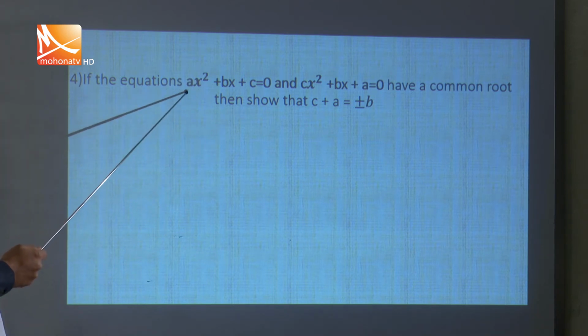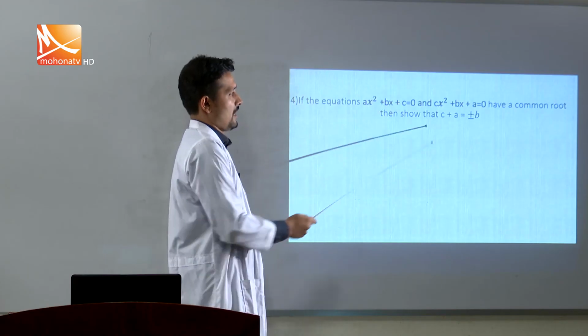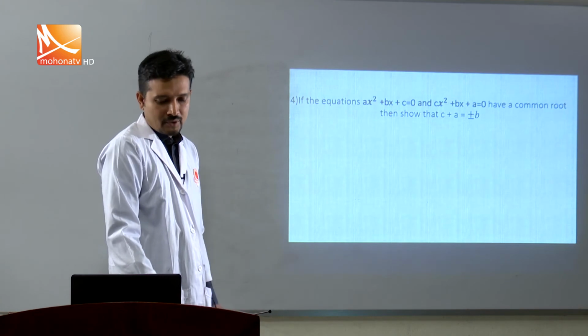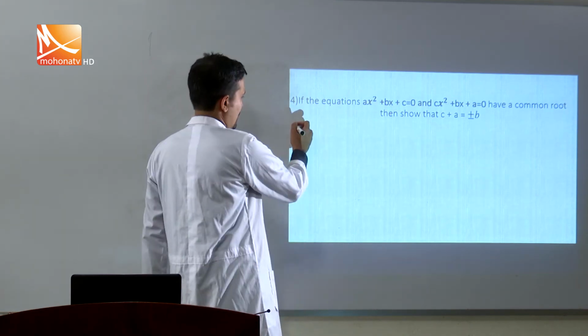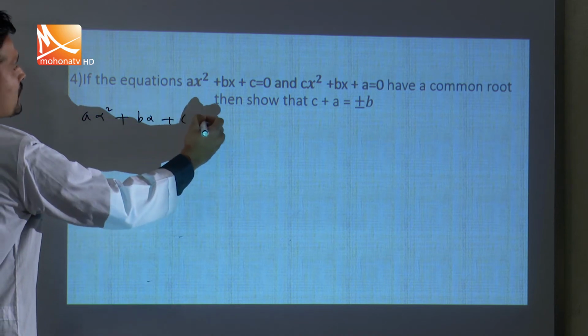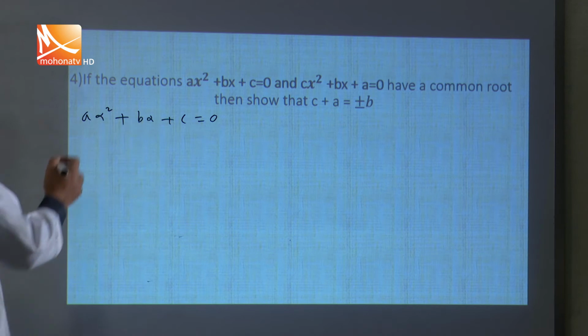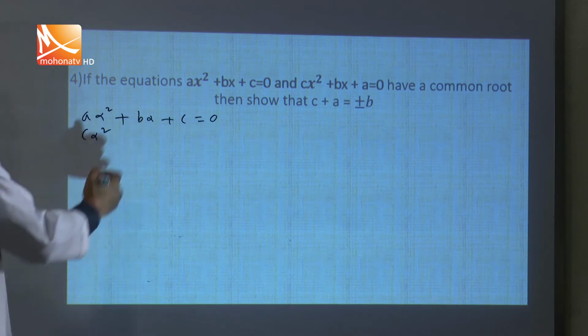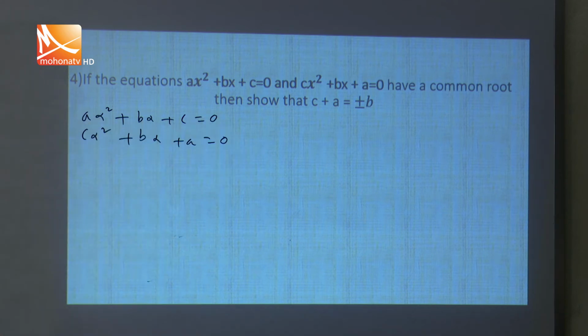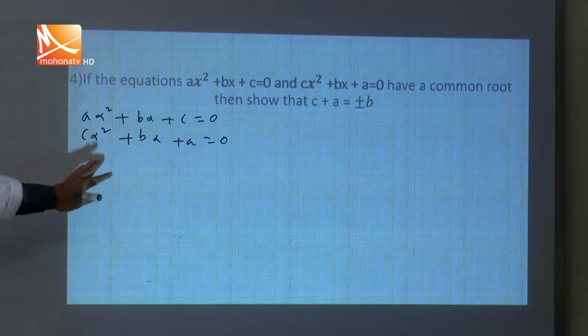Here we have the quadratic equations ax square plus bx plus c equals 0 and cx square plus bx plus a equals 0. If alpha is the common root, then the equations become a alpha square plus b alpha plus c equals 0 and c alpha square plus b alpha plus a equals 0. Solving the equations by the cross multiplication method,